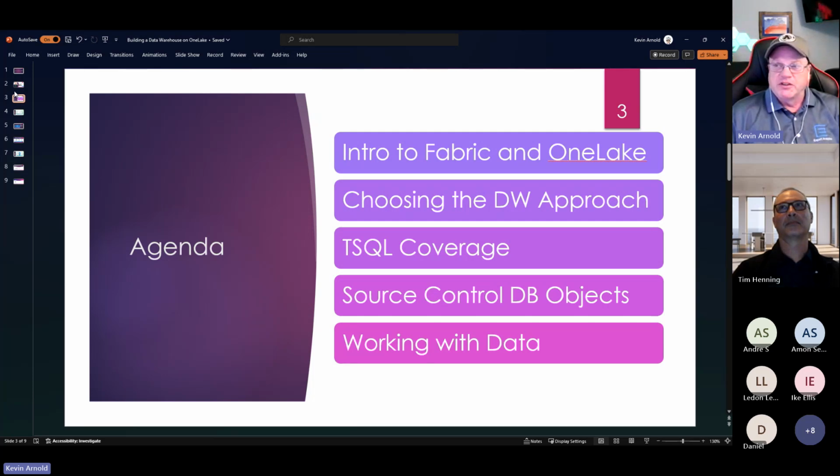And then last, working with the data, right? I think this is a pretty decent order. We have to talk about the underlying architecture we want to use, what components of that architecture, what's good and bad about it, and how to get things into Git. And finally, if you're bringing all this data into something and you're not getting it back out, say through Power BI, you're not doing anything with it.